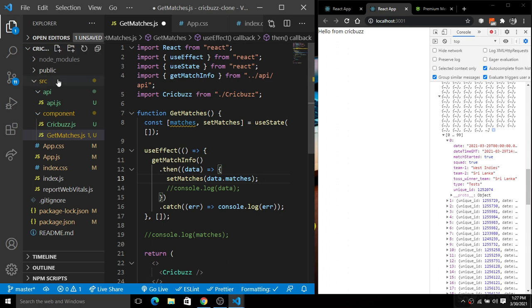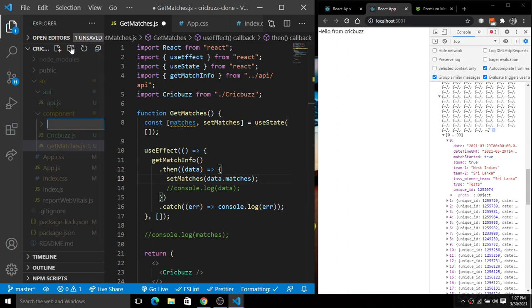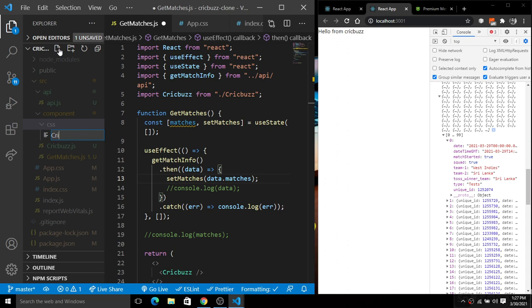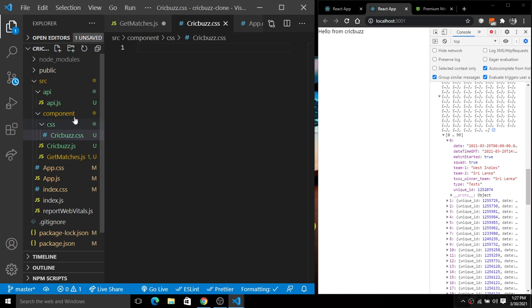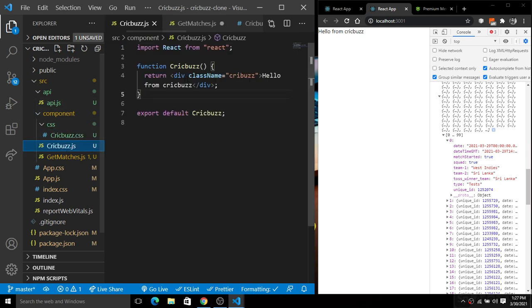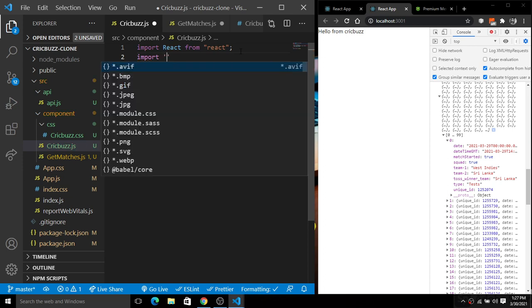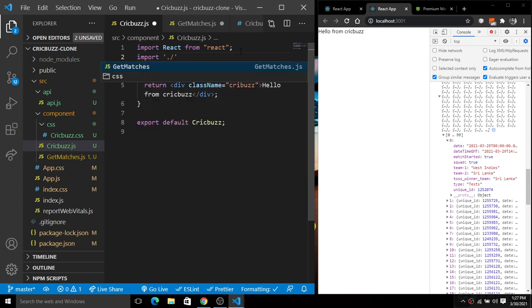Here inside of this, I'm going to create another folder with the name of CSS. Inside of this CSS, I'm going to create a quick buzz.css, right? Okay, so we have this quick buzz.css, and now first of all import that. For this, you have to import these things here, and we have CSS, and inside of this we have this quick buzz.css, right? So now we have imported these things here.